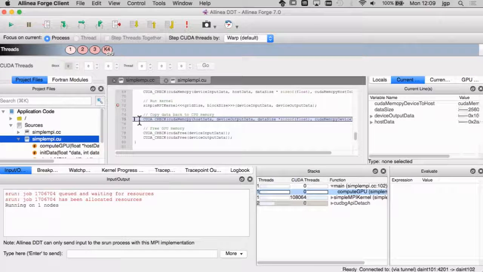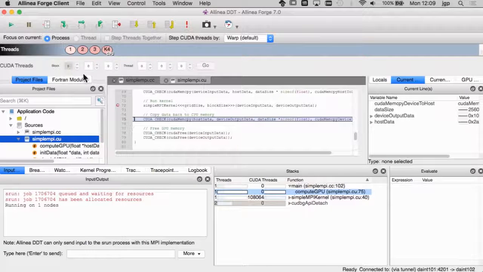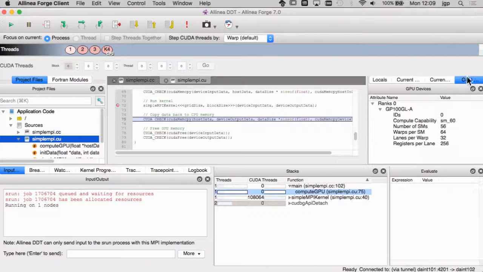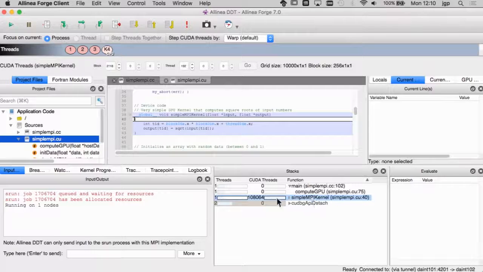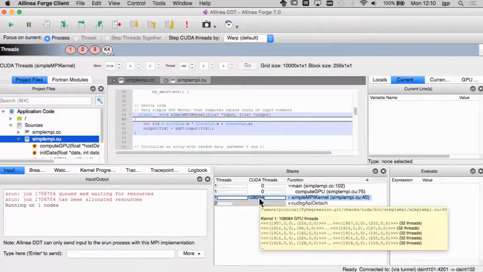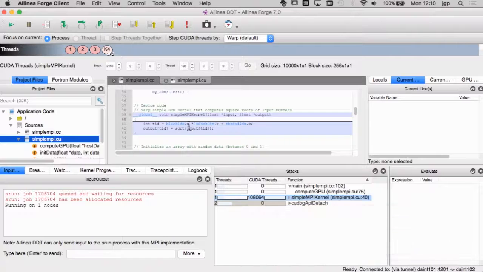And now I want to continue step by step. And here you see that there is a new menu showing that now I am on the GPU, which is confirmed here because it's telling me that I am on the Pascal. And actually, for a very simple test, it's already using more than 100,000 threads, which is quite amazing.